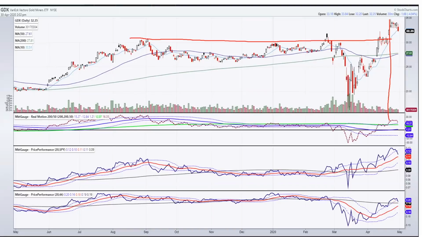I think that GDX and that channel it broke out of, going back years, is still very powerful, but that doesn't mean that it wouldn't necessarily break down. So really what you want to look for is for this to hold somewhere around 31.50, and then to start to go back and get back over at least that 33 area. And of course, then we want to see momentum clear as well. We have a lot of upside room on this momentum. As long as we hold the moving averages, it's fine. But again, you definitely don't want to make a move in here at this point until we see the